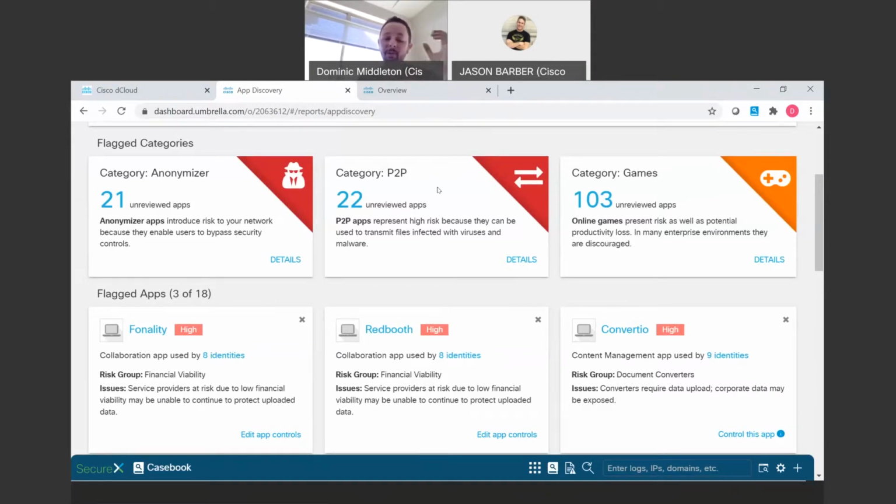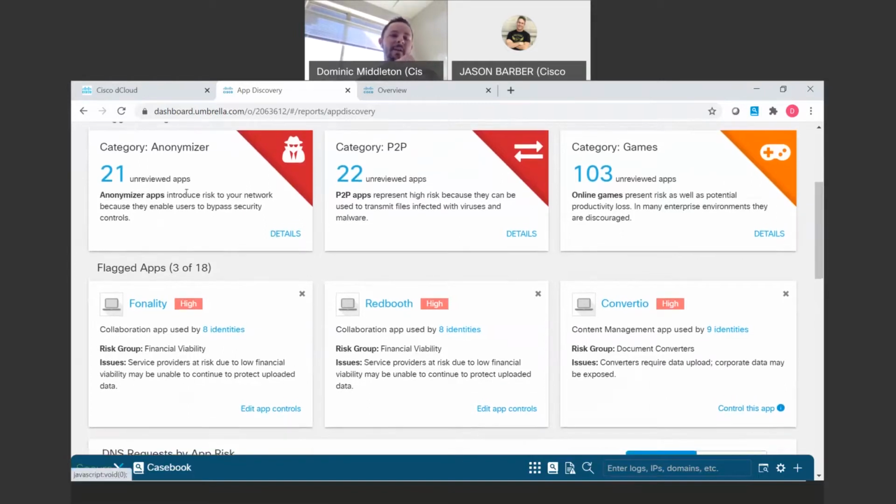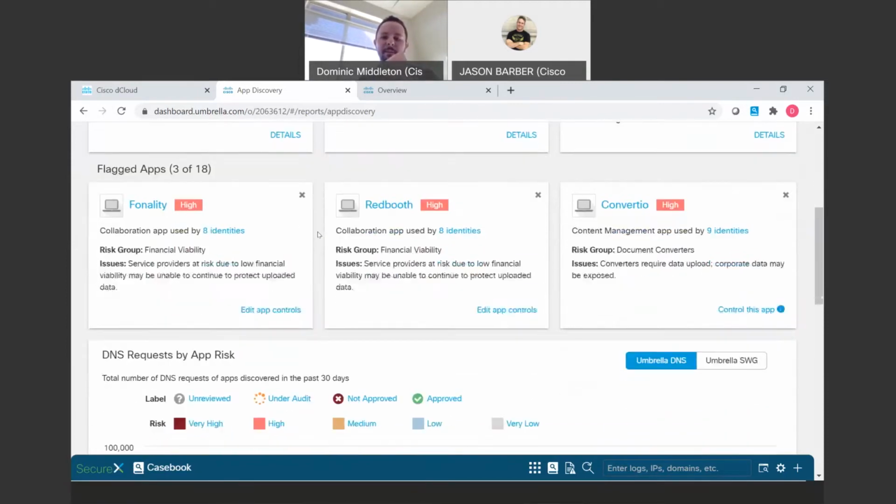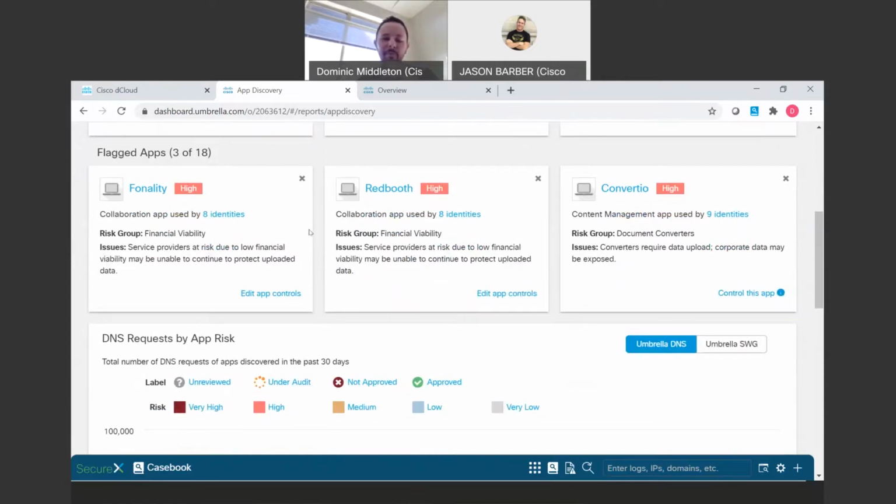You've got teenagers in the house. Are you letting them use your work laptop? Are they downloading tools like this? Probably. Let's find out what's going on in the environment. Let's find out about anonymizing apps that people are using outside of work controls, right? That's probably pretty sketchy if we're seeing those. Apps by different types of vulnerability. We might have financial apps going on, document converters. Those are always a little bit sketchy. If I'm turning a Word document into a PDF or vice versa, are those applications stealing my data or my corporate data? Something to think about.